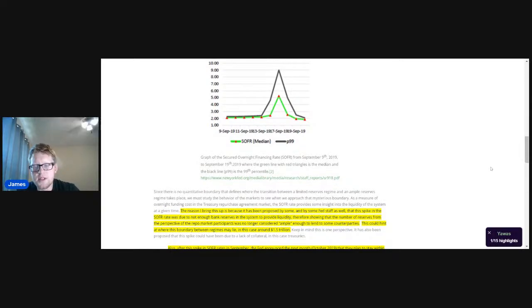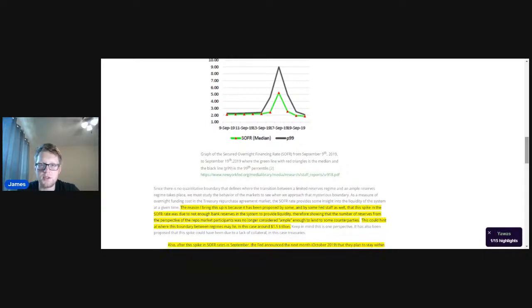But anyways, the reason I bring this up, and another reason why I specifically use this rate, was that it was actually proposed by some Fed staff, and I linked the paper in here too, in which they actually wrote this proposal. It comes from the New York Fed too. Essentially they said the reason had to do with the bank reserves, was their argument. Right, and so essentially, when there's a spike in interest rates for lending between banks, the secured overnight financing rate where the banks lend to each other overnight,